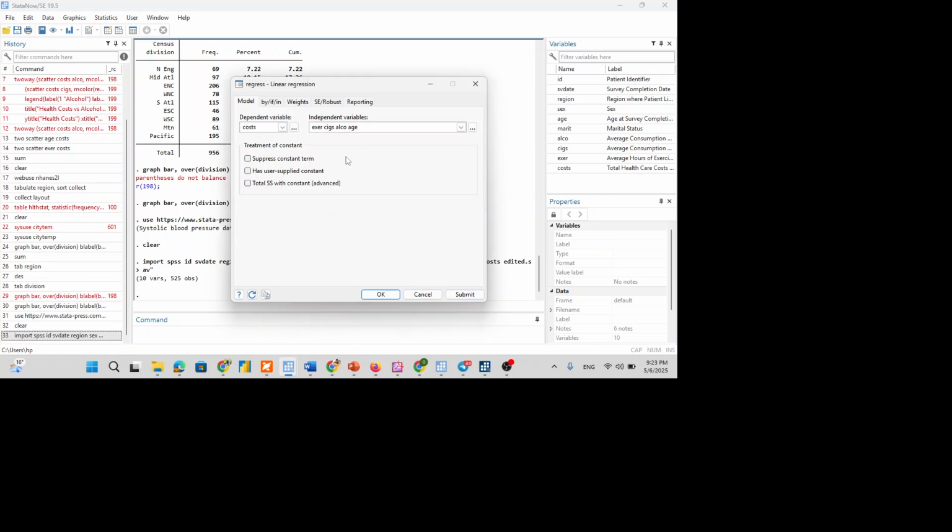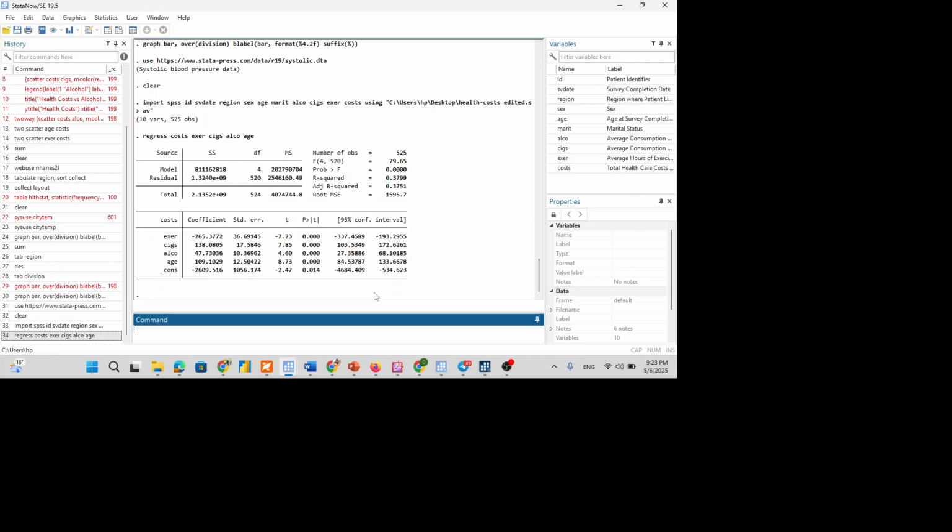That's enough for this. So I will click on OK. So as you can see, this one is the regression model. So you can run the multiple linear regression model.